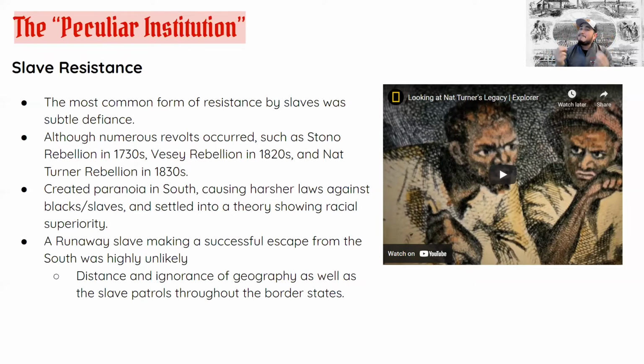And this stays really fixated within Southern culture as they start to see such a large population of African Americans being among their society. And just to know that there would be any moment that they would be overturned if these people decided to collectively unite in a revolution or into a rebellion. This paranoia starts to lead to far harsher laws and treatment of African Americans, where you're going to start to see Blacks and slaves being pushed further into this abusive, preemptive attacks by Southern society to try to make sure that African Americans would not have an idea to rebel.